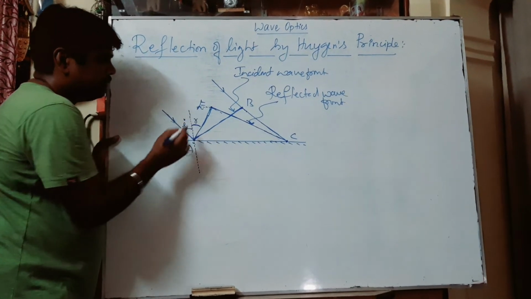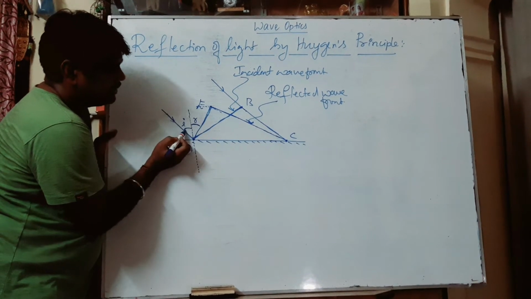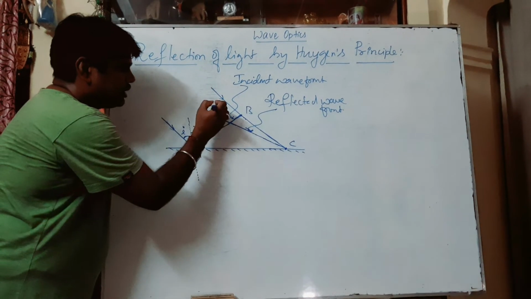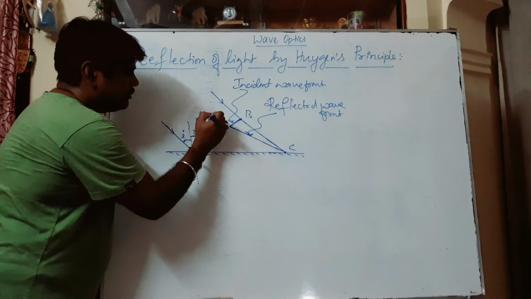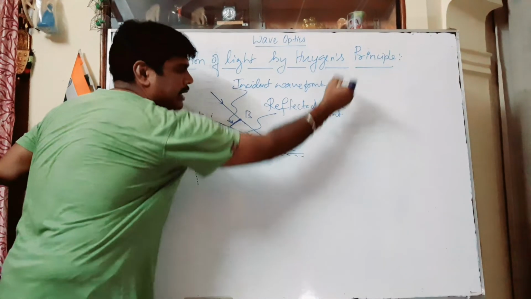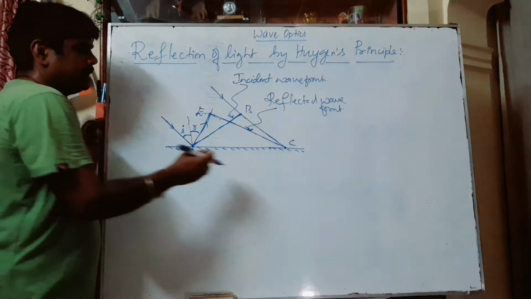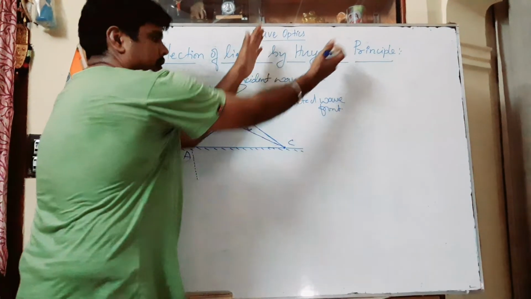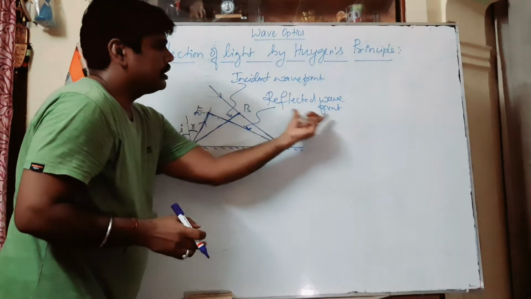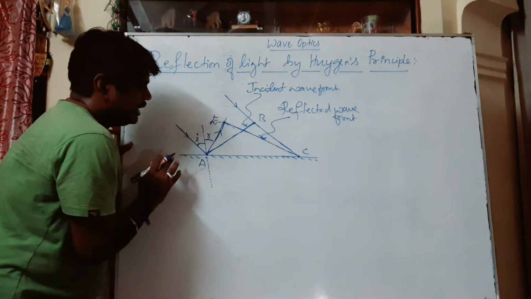The definition of angle of incidence is the angle between the incident ray and the normal. The angle between the reflected ray and the normal is called the angle of reflection. This is the direction where the light reflects back in the same medium. So here also the same thing, it will reflect back. So that is the production of secondary wavelets. Those secondary wavelets travel in this direction, making a plane wavefront that represents the reflected plane wavefront. Clear? So the marking of angles is very important here.